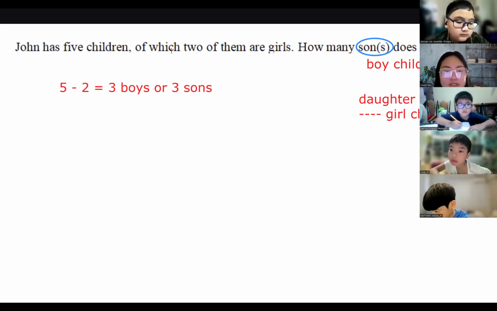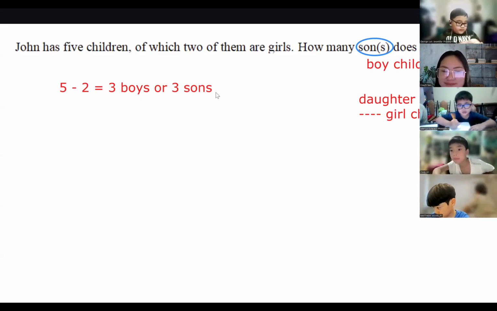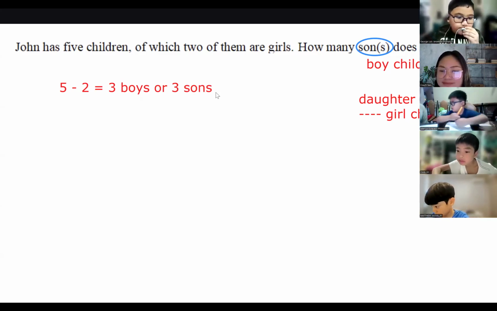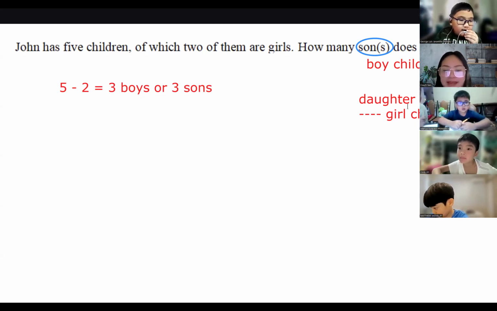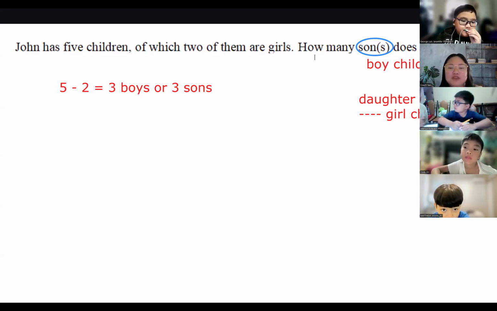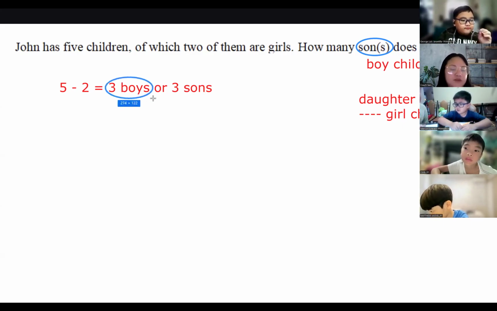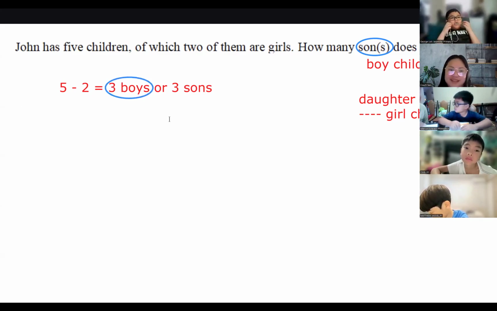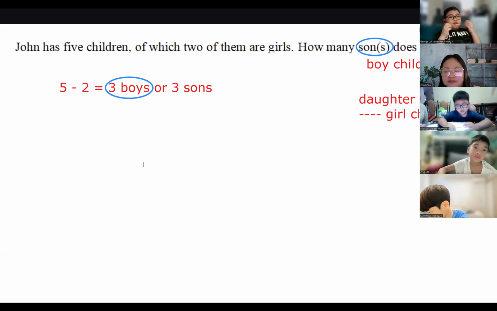George, you have a question? I think I was muted. I was gonna say that the answer was 3. Yes, very good. Okay. So the answer here, I know that 2 plus 3 equals 5. Yes, very good. And if you check that, 2 girls plus 3 boys, that is 5 children. Okay, very good.